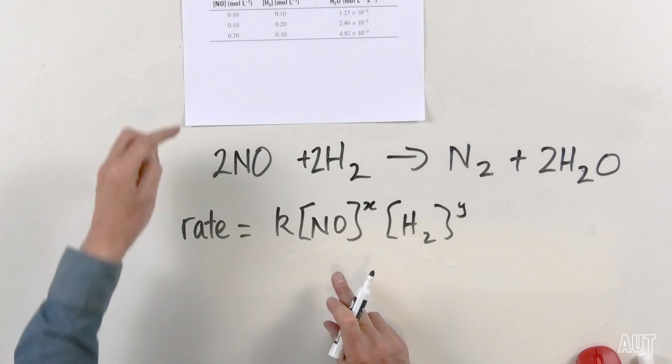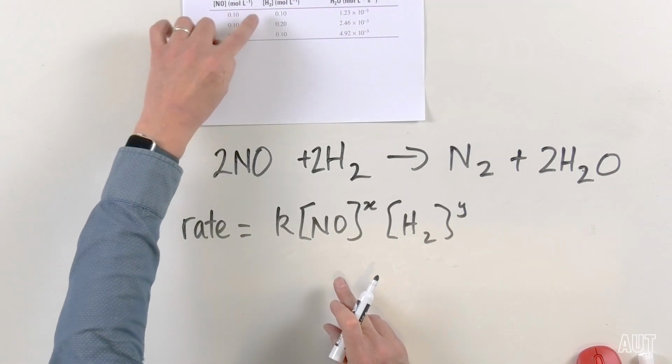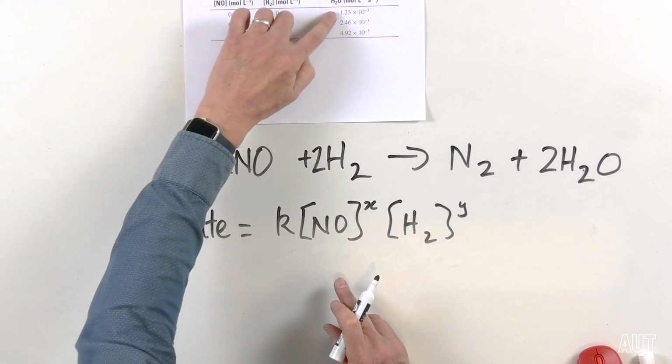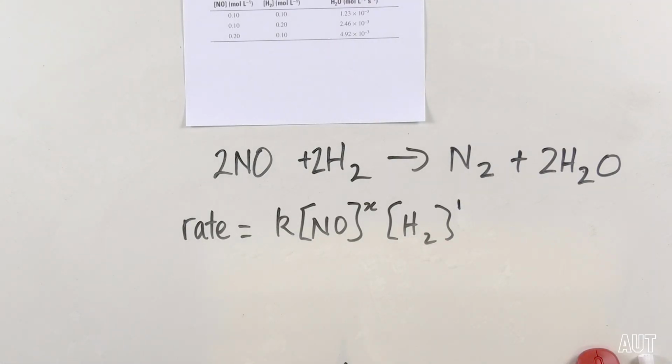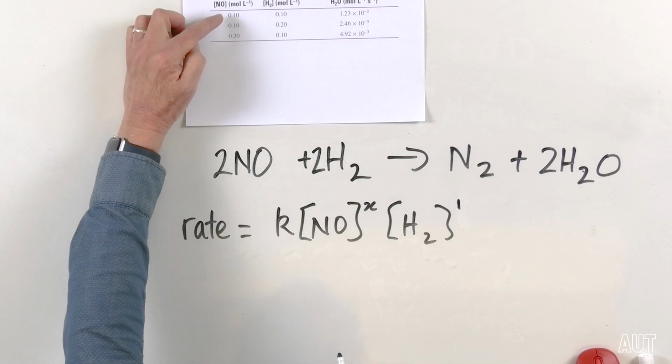So, if we keep the NO concentration constant, which we've done between 1 and 2, and we double the H2 concentration, we see that the initial rate doubles, and so that tells us straight away this is a linear relationship. You're doubling the concentration, you double the rate. That's a first order process, and so we can straight away say that this is going to be first order with respect to H2. Okay? You then look at,